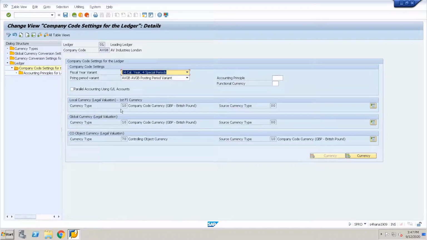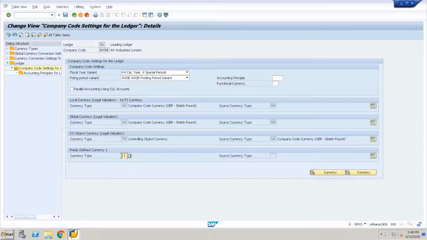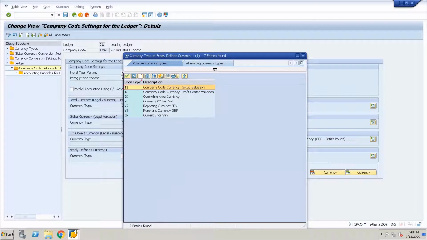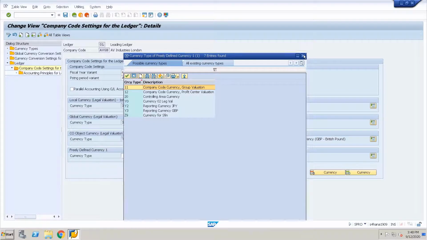Here we can see there are various currency types assigned. There is a local currency, there is a global currency, and as controlling is activated for this company code, there is a controlling area currency. In addition to this, we can assign various other currencies to a ledger. If we see here, we have other currency types, and we can also create custom currencies and assign them to a ledger type.